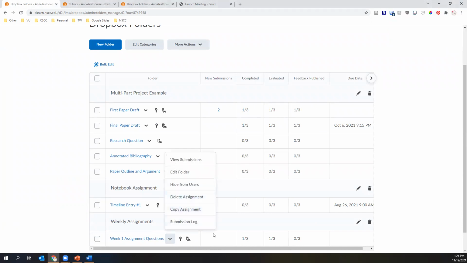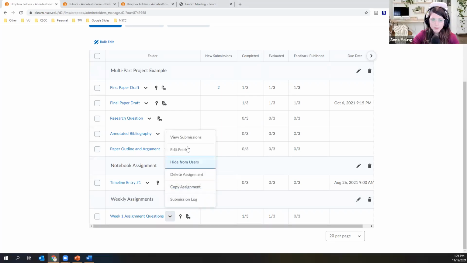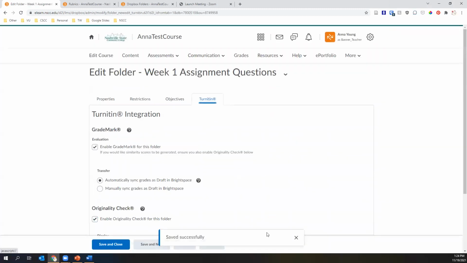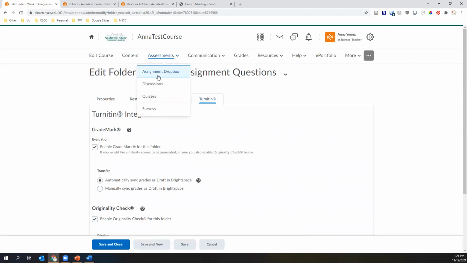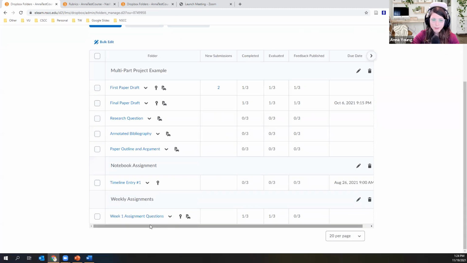I'm pretty sure I have to go back. This is from like two semesters ago or something. You'll I think also have to enable, if you go, I've got the little person, I've got the pencil. Let me retrace my steps because I went through that a little fast. If you have an assignment and you click Edit Folder